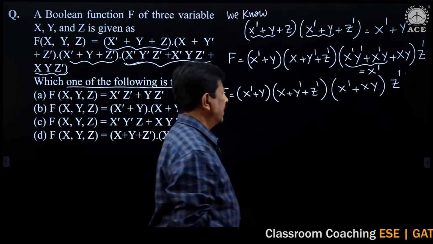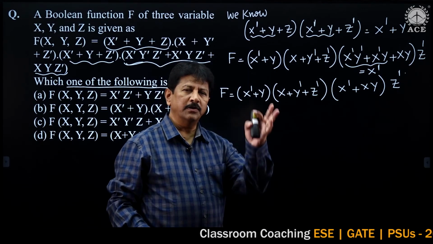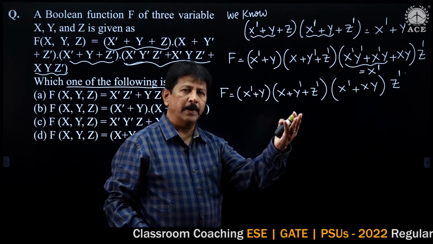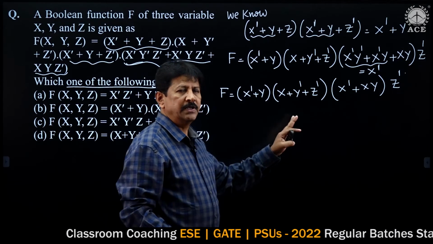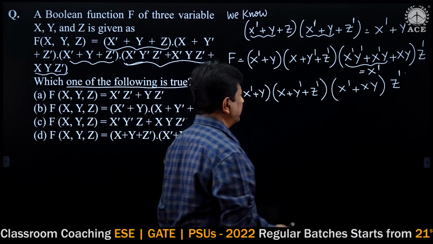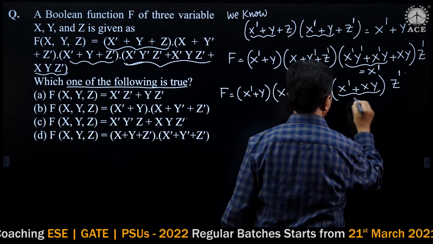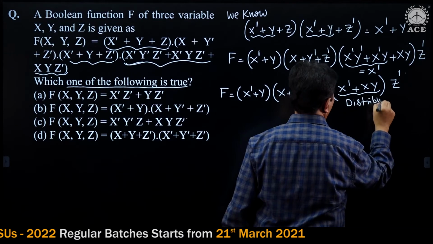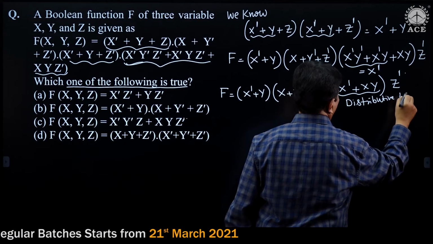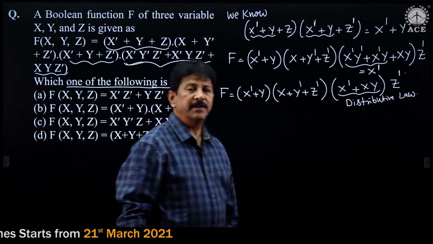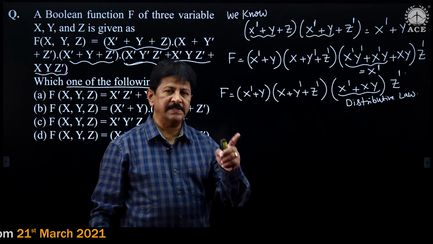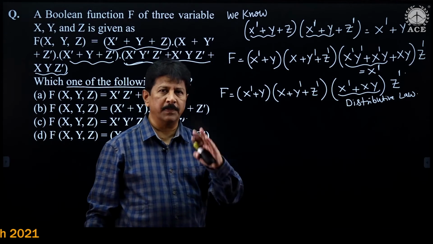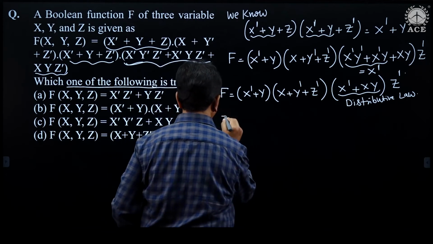That's it. Of course, I told you, you can convert it into max terms. By using K-map also we can solve it. But I am using laws of Boolean algebra. Okay, good. So I have to use distributive law for this. Using distributive law, x bar plus xy will become x bar plus y. So f is equal to